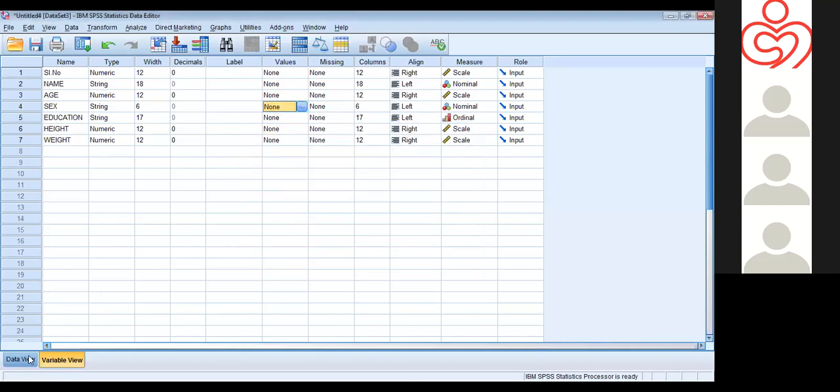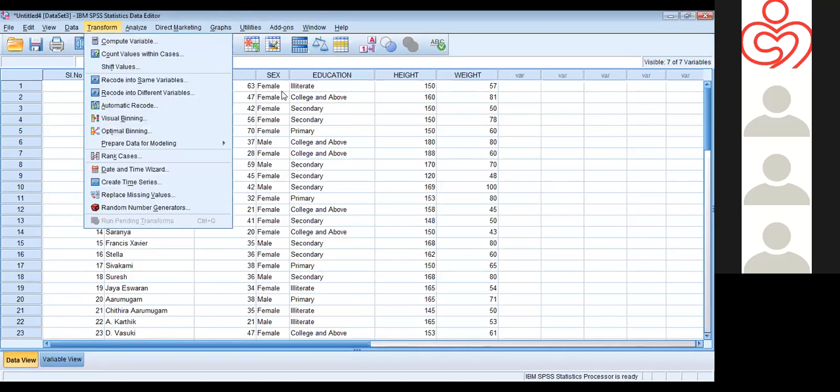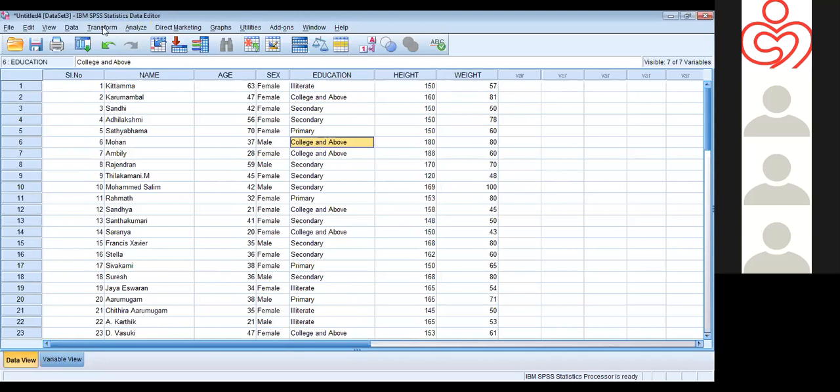As I do filtering in Excel, here also we can transform the data, or we can do the coding or recoding in the data. How do we do that? You go to Transform.